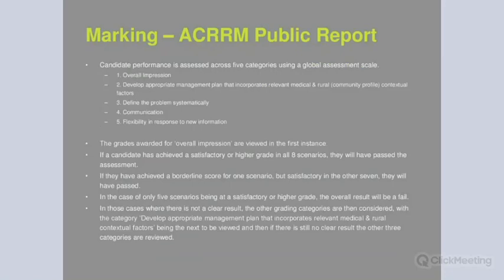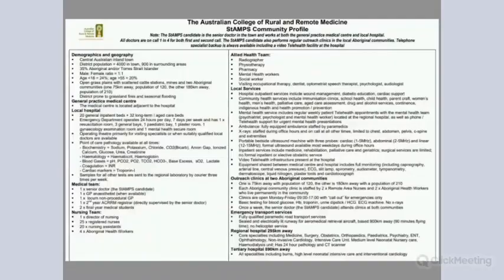So yeah, these are the marking criteria as I mentioned. Hopefully you guys have read or heard of the ACRRM public reports. Essentially they post them up after each of their exams, and it goes through how many people passed certain sections, what kind of questions they were asking, or what was the general theme of the questions. And yeah, it's very freely available online, so have a look at it. I'm not going to really talk too much about it, but it also gives you a bit of an idea of what they have asked in the past.